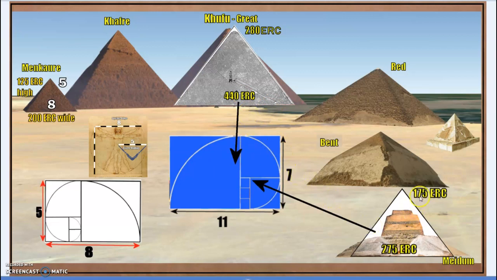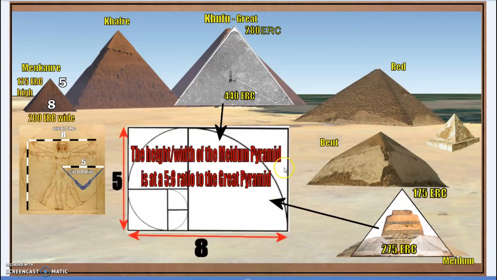And now the Meidum pyramid, 175 Egyptian raw cubits high, 275 Egyptian raw cubits wide. Although it's collapsed, there are surviving casing stones, so we know the base length, we know the angle, therefore we can reconstruct the height. And it just so happens, the Great Pyramid is 7:11. The Meidum Pyramid is at a 7:11 ratio. But how much larger is the Great Pyramid to the Pyramid of Meidum? Well,